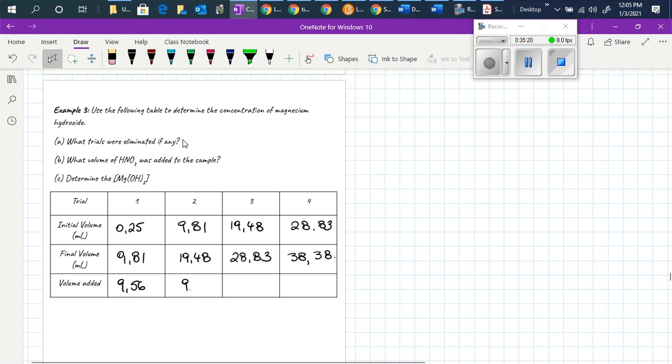9.56, 9.57, and 9.35 and 9.55. So this one will be eliminated because it is more than plus or minus 0.2 difference, or within. And then the average volume